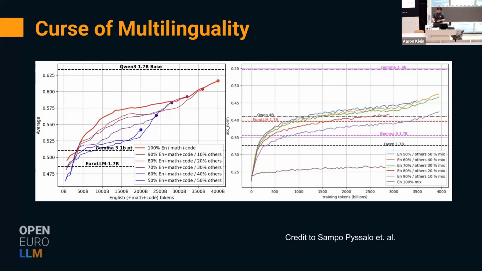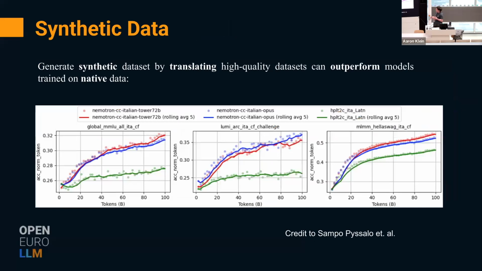on those multilingual benchmarks. And on top, as I mentioned, a lot of the languages that we include are so-called low resource languages where not a lot of data is available. So think of, for example, Albanian or Bulgarian. The question is, how do we get more data for pre-training on those languages? Something we tried out, which performed surprisingly well, is to synthetically generate this data by translating high-quality English data. And it turns out that this often tends to work better than training on native data, because this native data is often not of high quality.